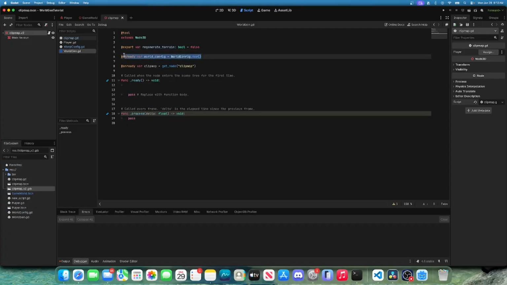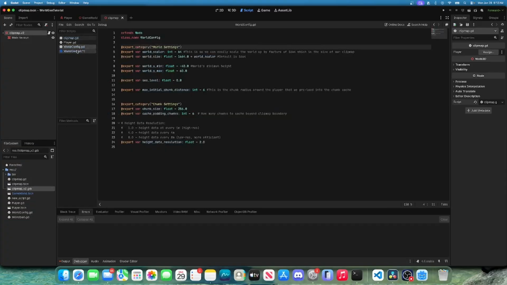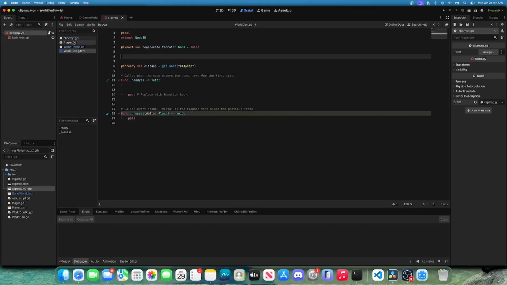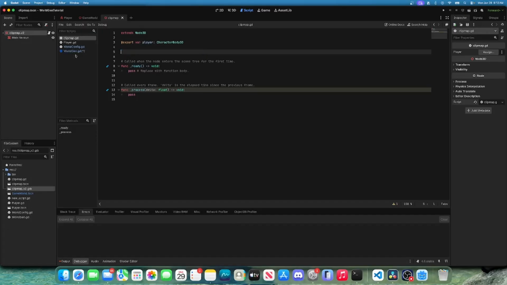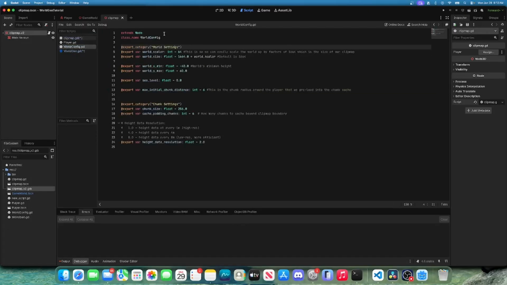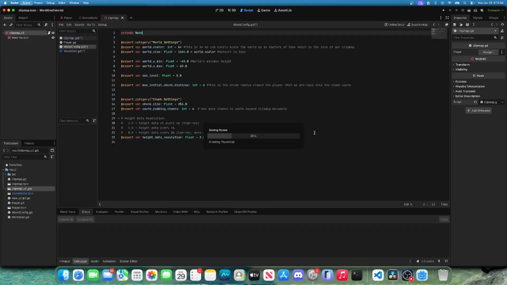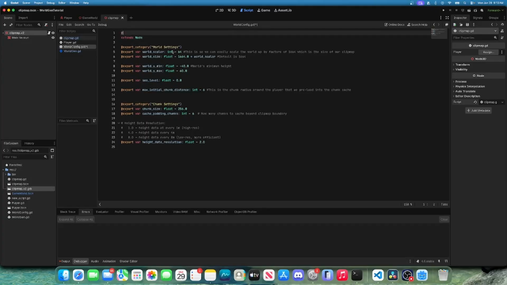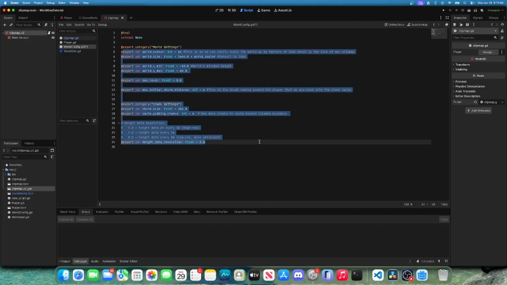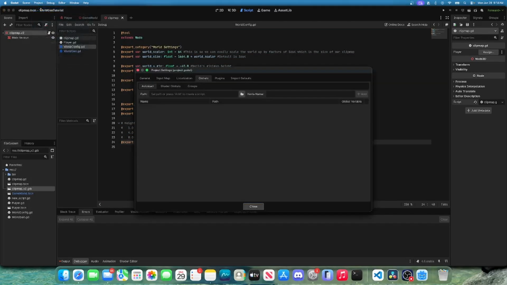But just so we don't have to do this in every script that we want world configuration variables in, let's go ahead and take this out. And then also in here. And then go back to our world config file. We need to remove the class name because we are going to make this an auto load. And making it an auto load assigns it a class name. And we're also gonna make it into a tool file so that these are all accessible in the editor as well. And we'll go up to our project settings and go to globals, auto load,